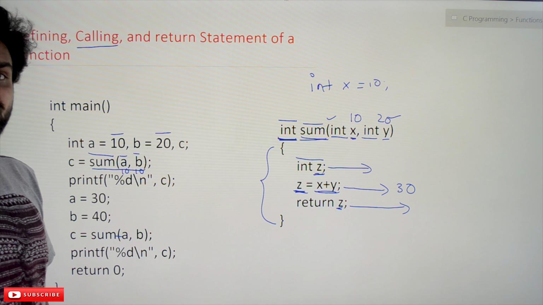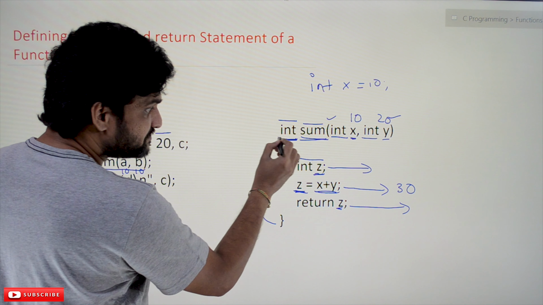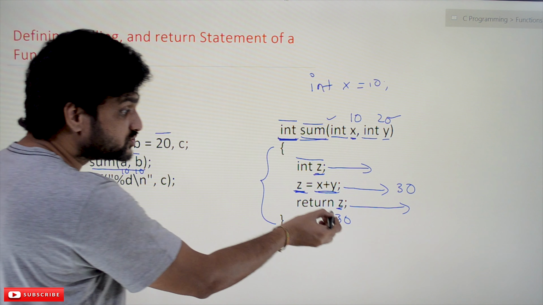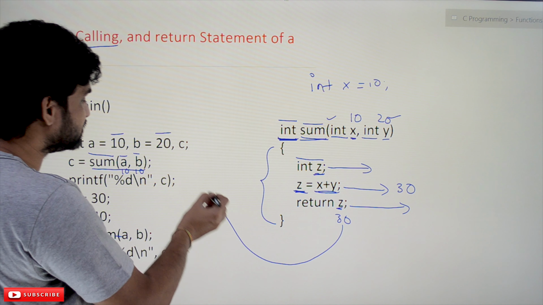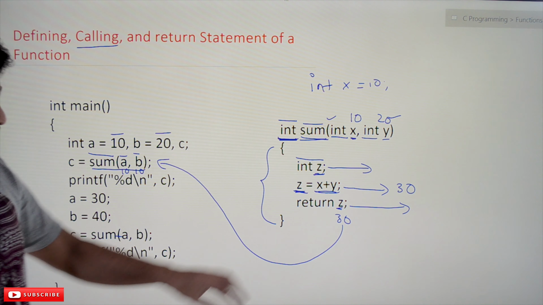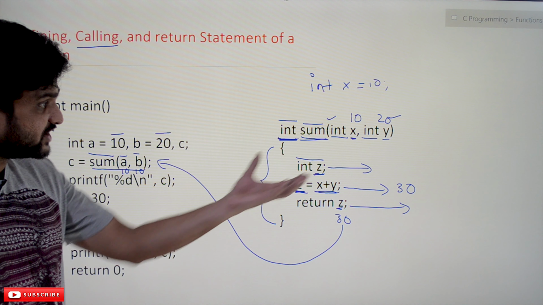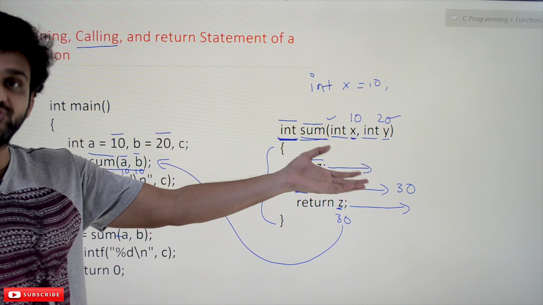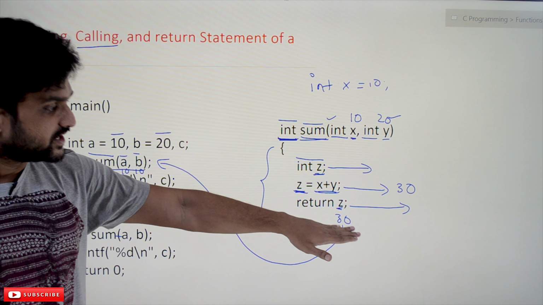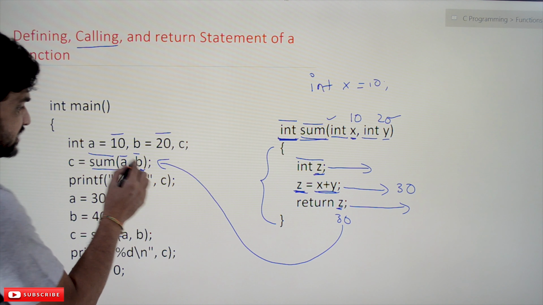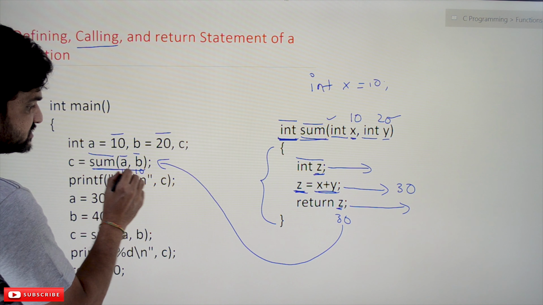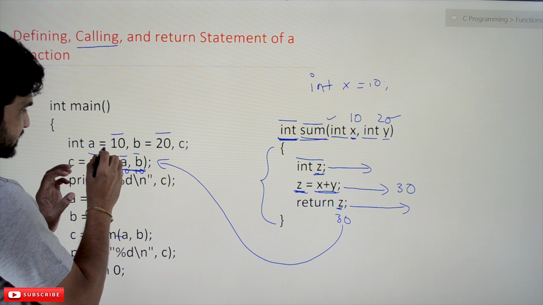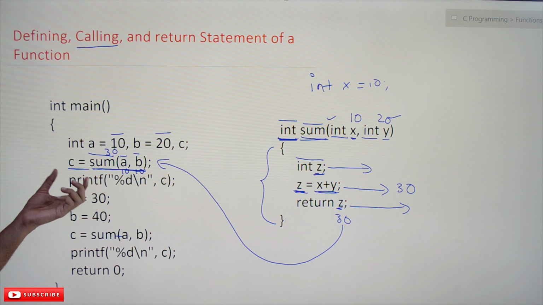So what is this return value? Here the return type is integer. The value of z is 30. Is 30 an integer? Yes, and that integer has to be returned to the place where the function has been called. So the job has been done. The function's objective is to simplify the programming practice, in order to avoid duplicates. So this value will get returned, the output of this function is 30, and that 30 will get assigned to variable c.